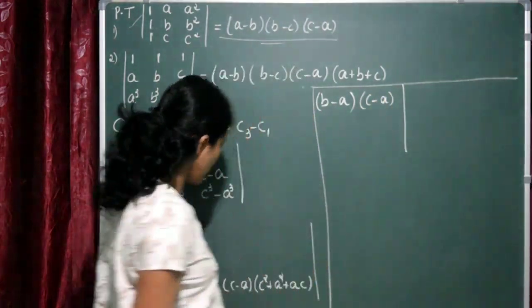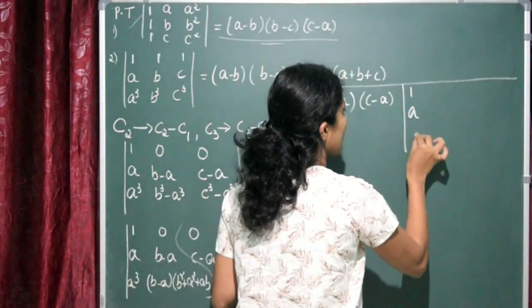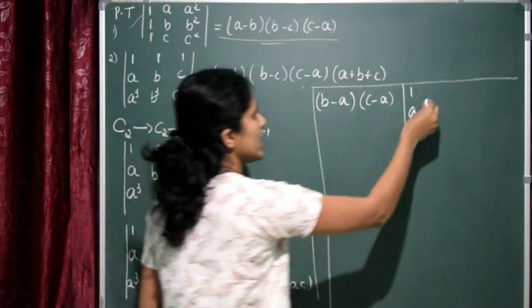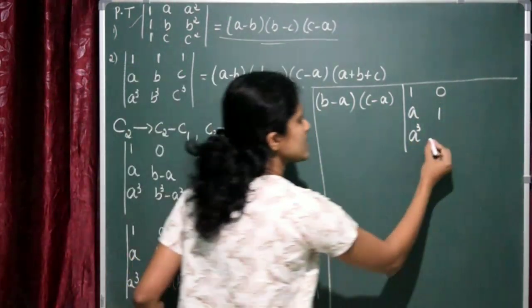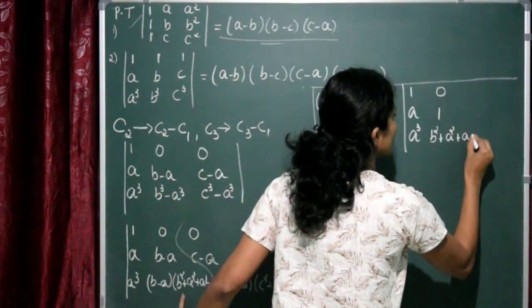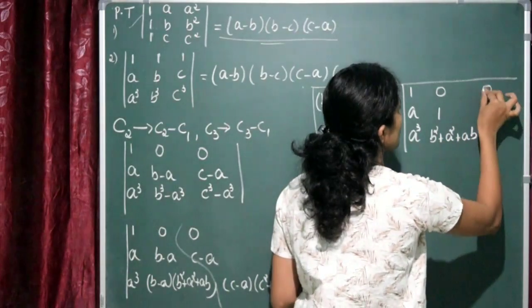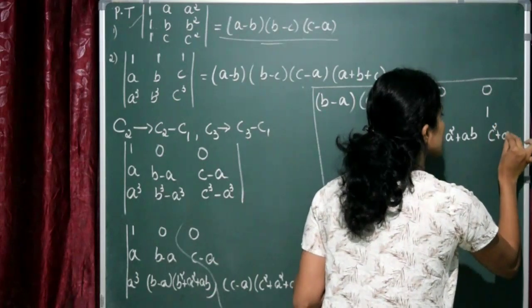In the first row it is 1, a and a cube, and second row it is 0, then 1, next will be b square plus a square plus ab, and here what is remaining? 0, c minus a we have taken out, 1, and remaining c square plus a square